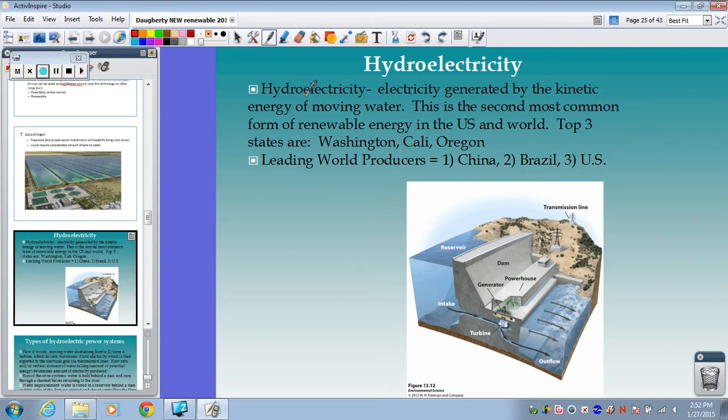So let me get my pen here. I just said it's electricity generated from water. Specifically, it's electricity generated by the kinetic energy of moving water. So we have to have some sort of movement that would be attached to a generator that would turn that potential energy into electricity. So it says this is the second most common form of renewable energy in the United States